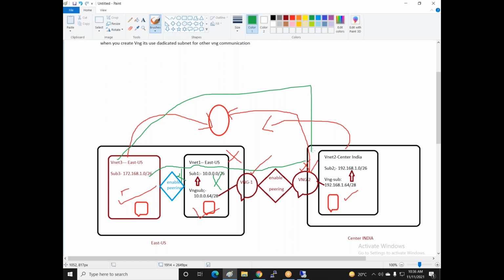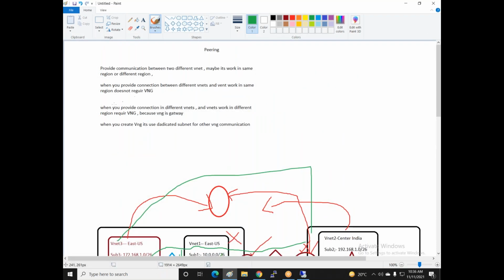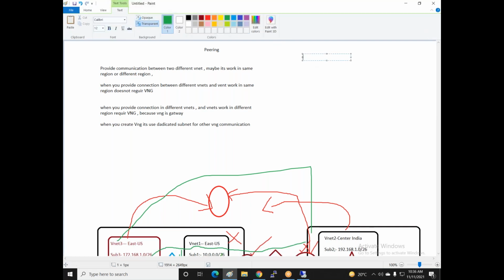Any other questions? No, no questions. So I think that's enough for today. First, you just take some practice before the next class. We have just finished the network part today. There's only one topic remaining in networking, which is VPN. I'll explain VPN at the end of the course, after we have covered Active Directory ADDS.